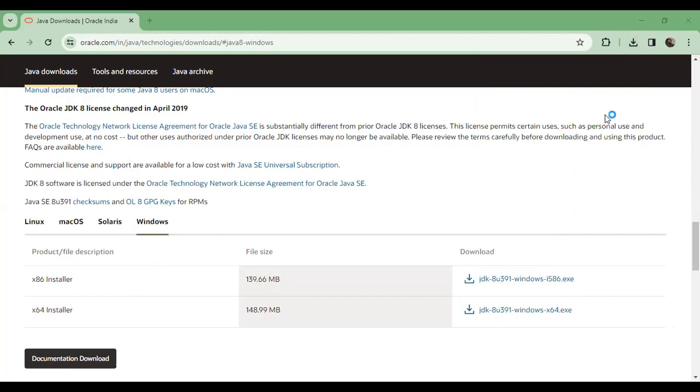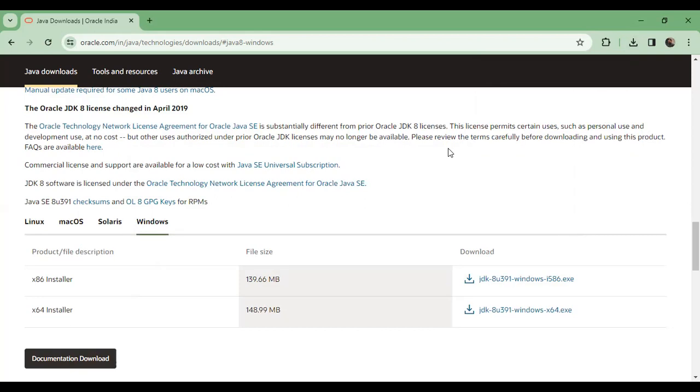Whenever it is downloaded, then you have to click on this. Yes, Java is already installed in my system.